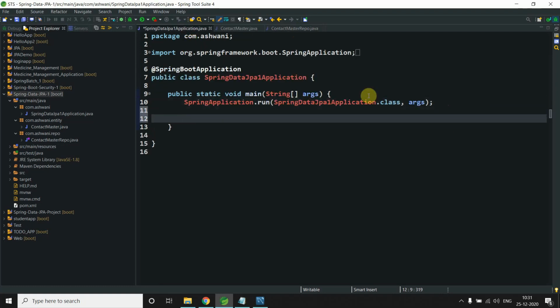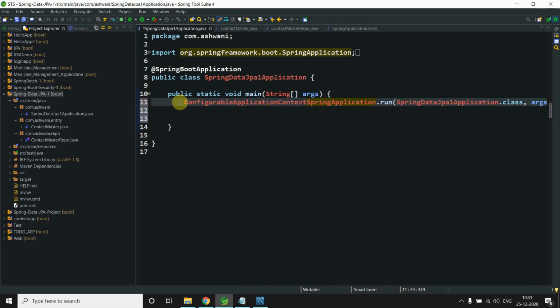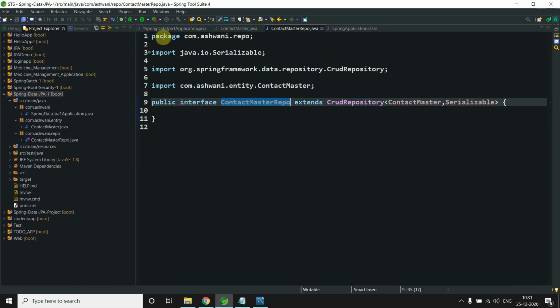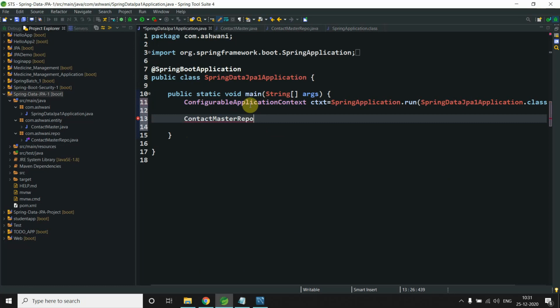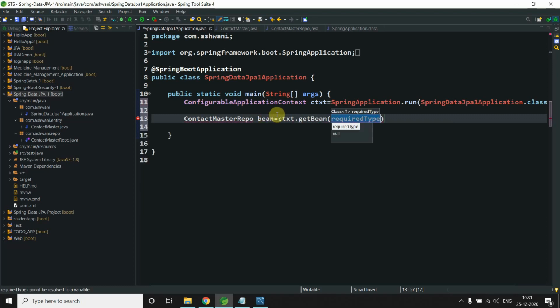Come here, and what does this method return? The run method returns ConfigurableApplicationContext. So I will come here and say ConfigurableApplicationContext, and here we will say ContactMasterRepo. I want to take an object of this repo bean, getBean, and the class name dot class, right.